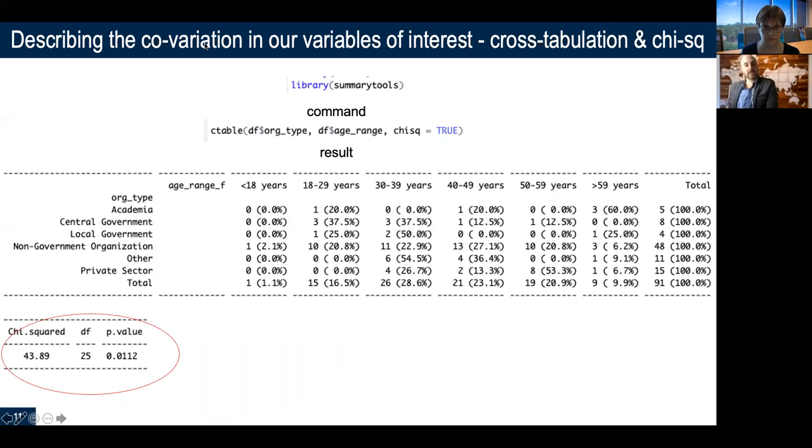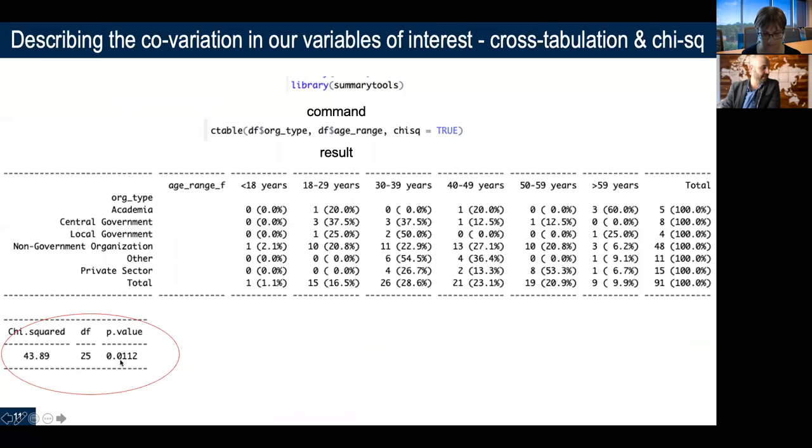So in order to do some very basic descriptive tests on the data to look at this bivariate relationship, what we would want to do would be to look at a cross tabulation of the data. We're not going to actually do anything beyond that point, but really what you would want to do is to test, is my data distributed randomly across these groups, or is it distributed kind of uniquely? Meaning we have higher concentration of organizations based on certain age groups. And so what you can see here is that